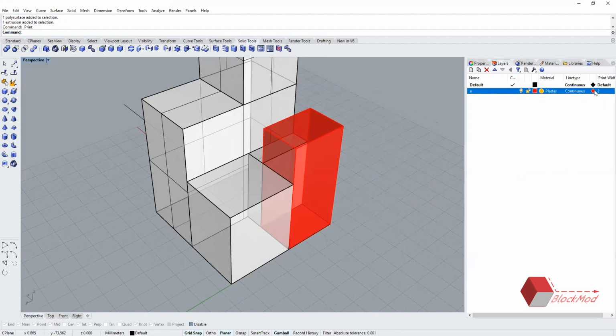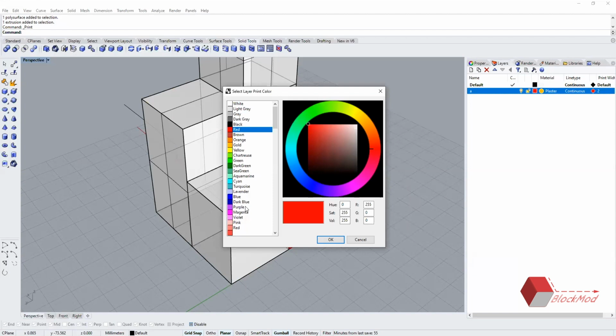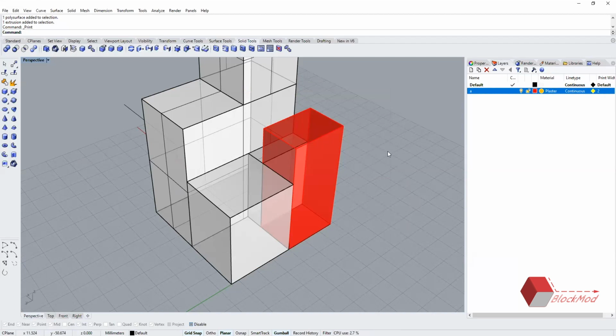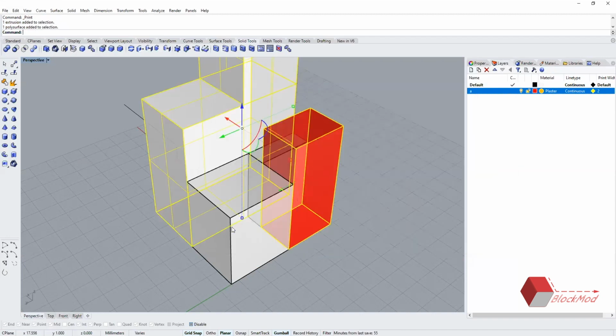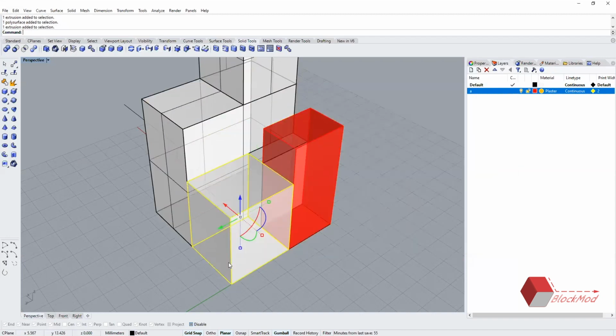If I change the color of the line, maybe to yellow, and now I say Control P. One second, select. I'll do something to this as well.